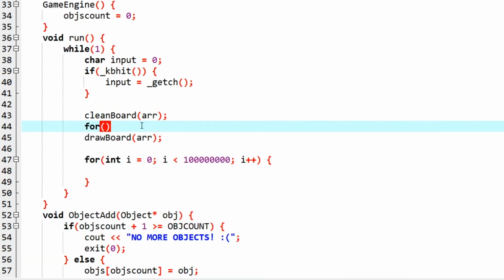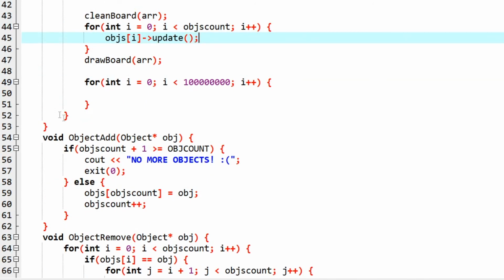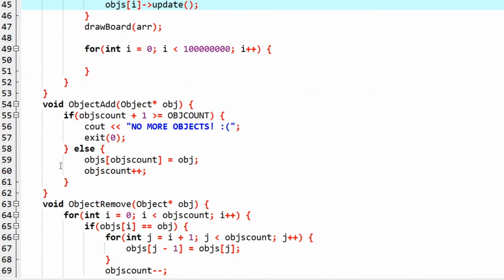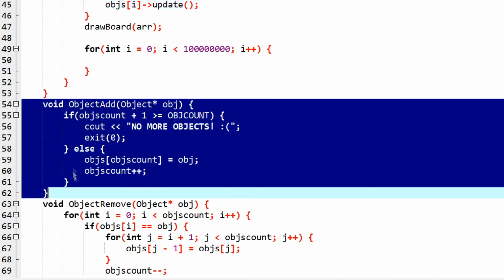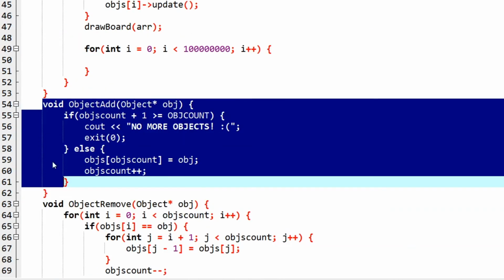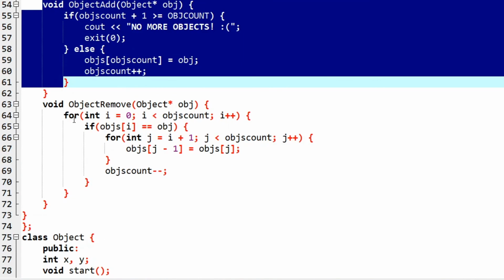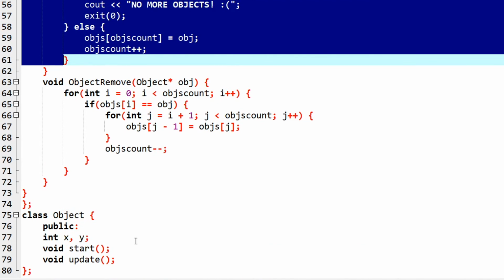So now what we want is, we want to run the update function for all of our objects, right? So this is actually a very neat structure. Whenever you want to add something to the game, you call this function from outside. You can dynamically add whatever you want, and you can actually remove dynamically anything you want. This is valid for a lot of games, and a lot of game engines that you see in the wild, they will have a similar structure in terms of what they allow you to do.